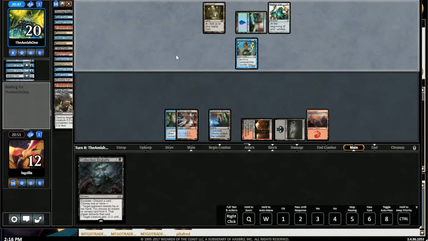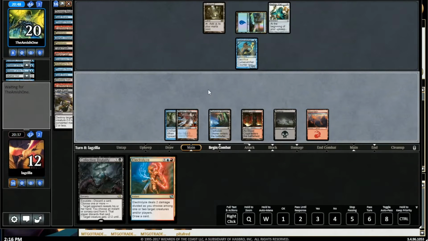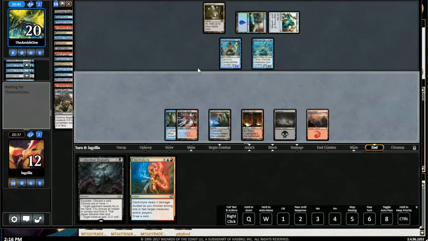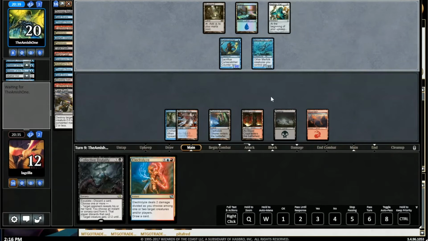Curse Catcher is fine. Electrolyze, great card. So there's an argument here to just Collective Brutality on the Curse Catcher, just get it out of the way. But like I said, I like Collective Brutality as an answer to Master of Waves. Here they'll flash something in. And we'll say okay. We are not too scared of what our opponent could jam out here. We just want to